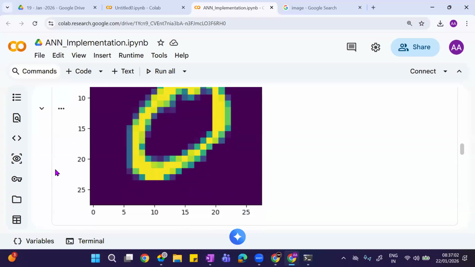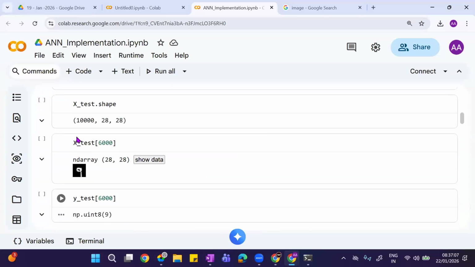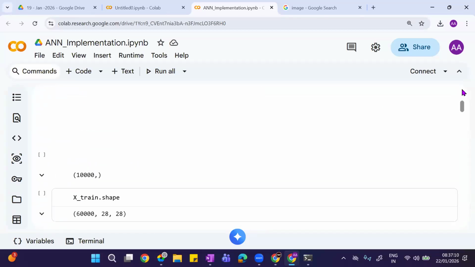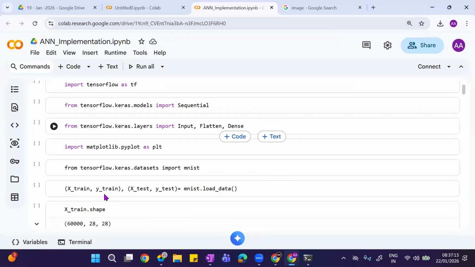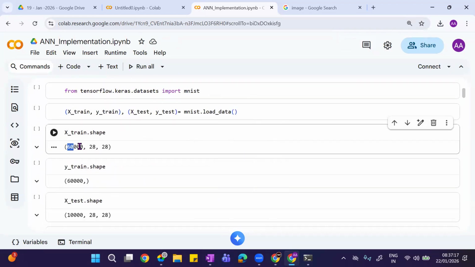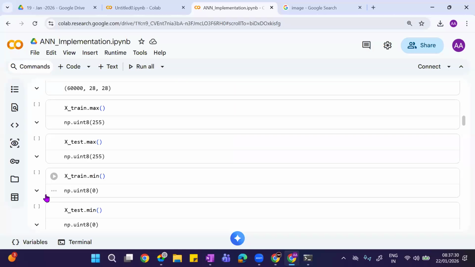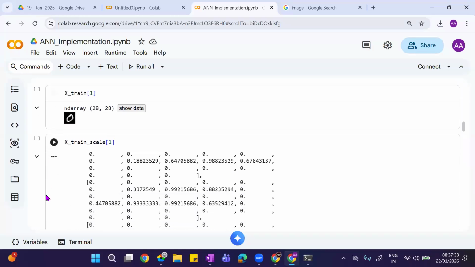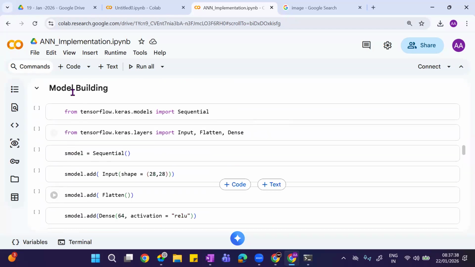Okay, look, that is what I'm going to show you over here. See, I have a total of 60,000 images over here. You can see it. When you take it here, how many images are there? 60,000, 28 rows and 28 columns. What are these? These are the sizes. These images I'm giving to my model over here. What is my model? You can see it over here. These all are pre-processing steps, just ignore them. Here is the model building.